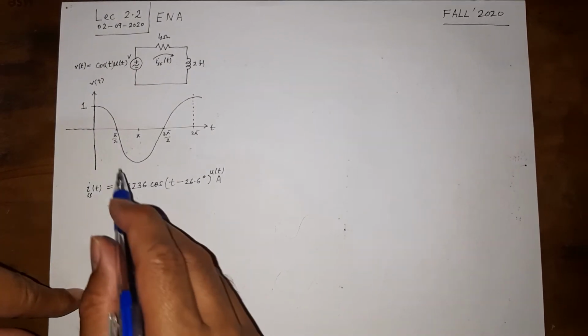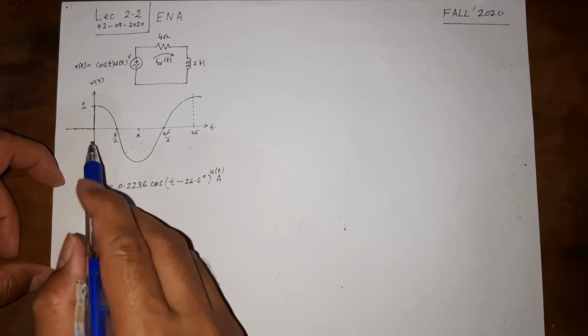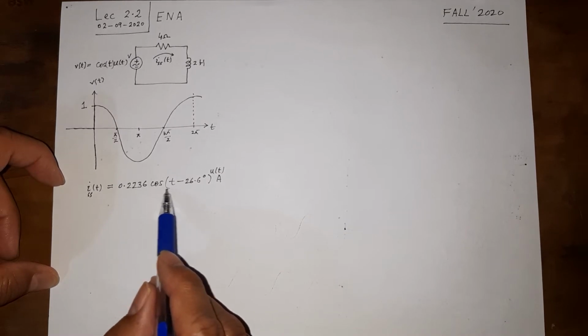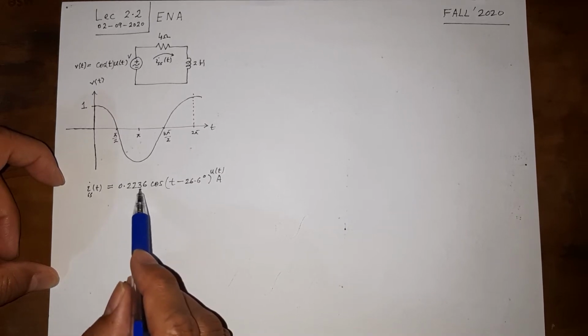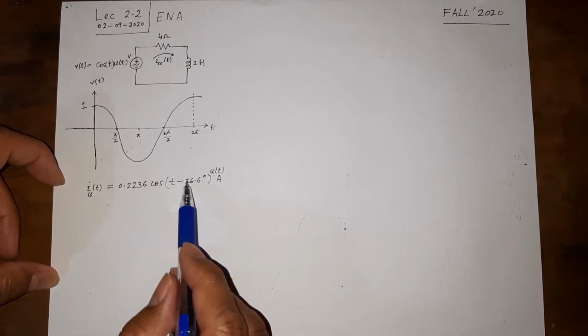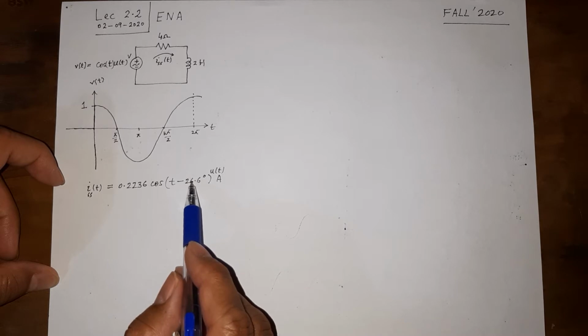I want to draw this right on top of this graph so we can compare both graphs. So cos t and this thing. It is still a cos t, but its amplitude is not between 1 and minus 1, it's between these 2 points. And then it is delayed. This negative sign says it's a delay. How much? By this amount.